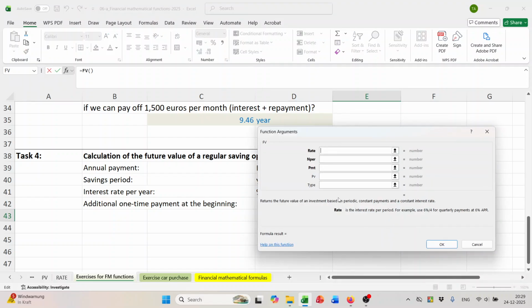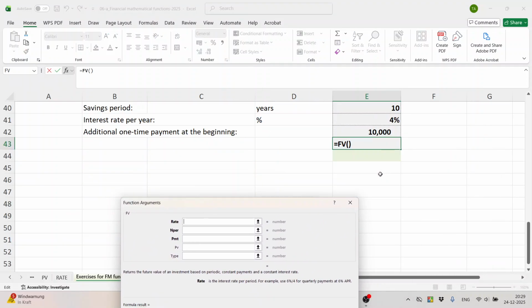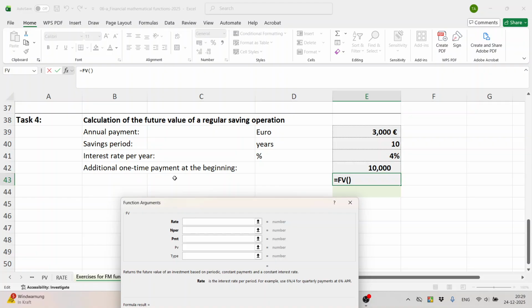FV means future value. So additional one-time payment at the beginning. At the beginning we have paid 10,000 euro, so it is the present value because we have paid it first, and our rate is 4%. The period is 10 years,